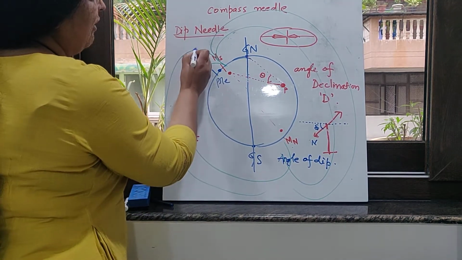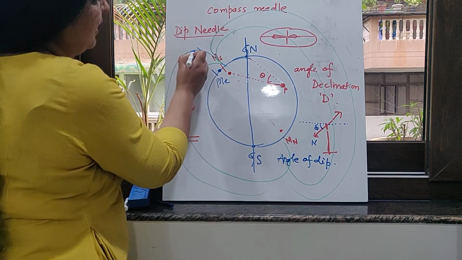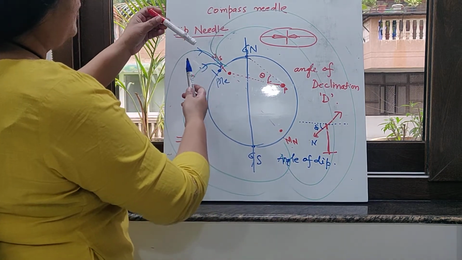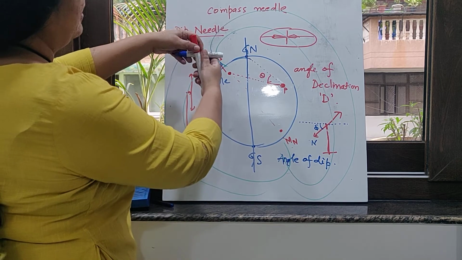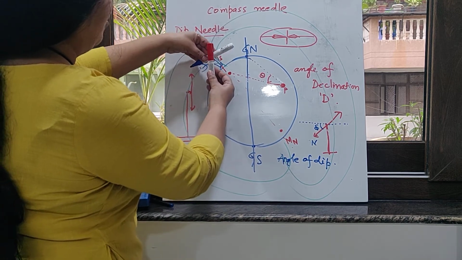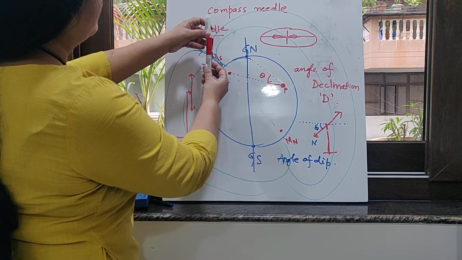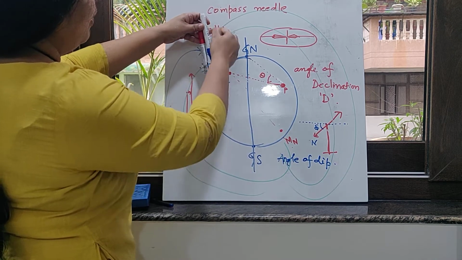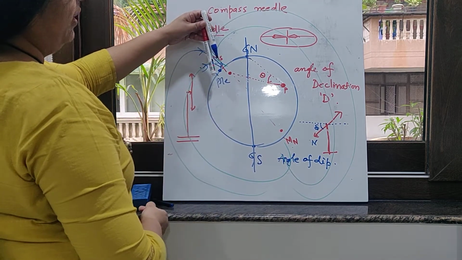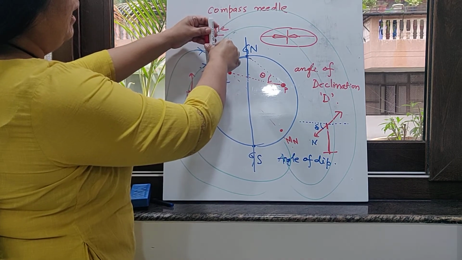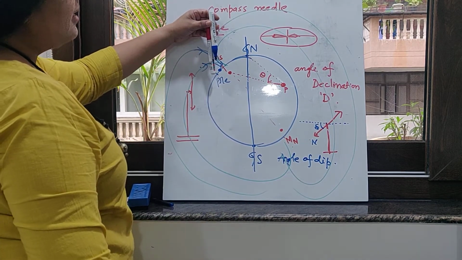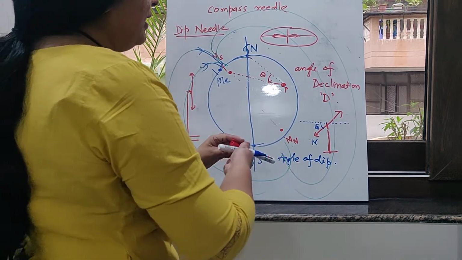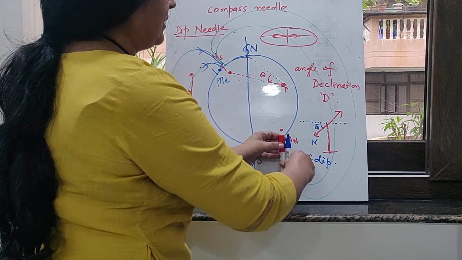Now all the magnetic field lines are entering it vertically like this. So the dip needle, which was like this initially, what will happen is that the north pole of the dip needle will go like this, because it will show that it wants to go in the south direction. So the north pole will be vertical and you will see the dip needle like this. Similarly, if you are at the magnetic north pole, the south pole of the needle will point like this, right?